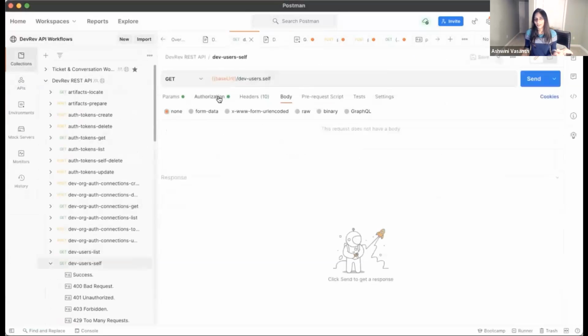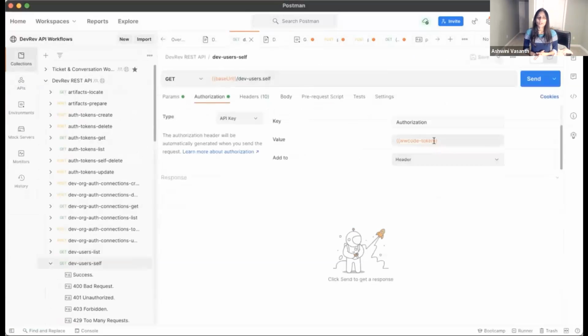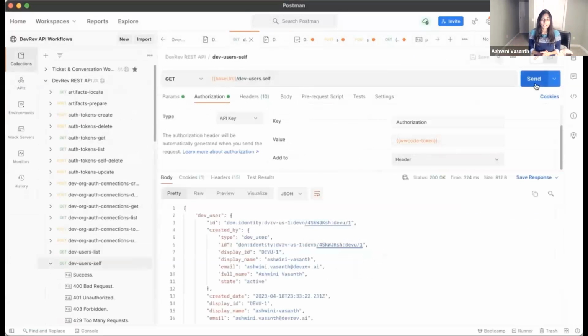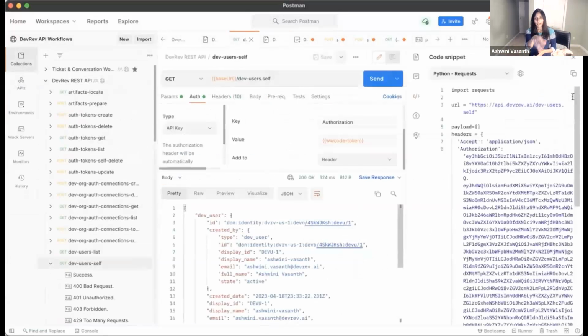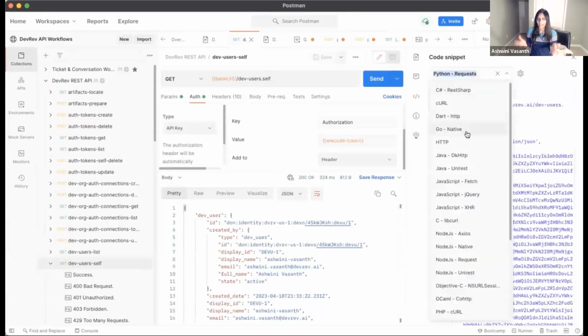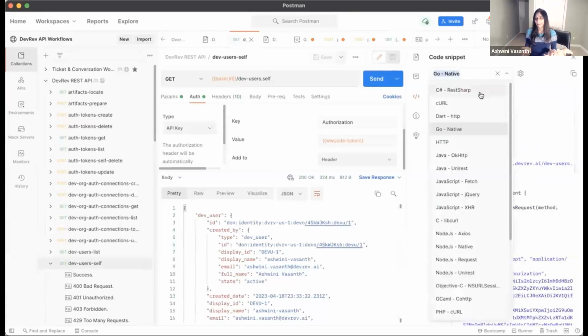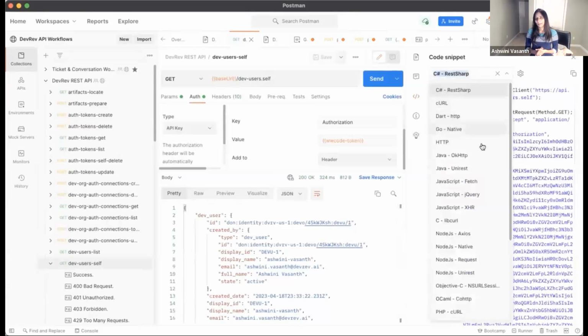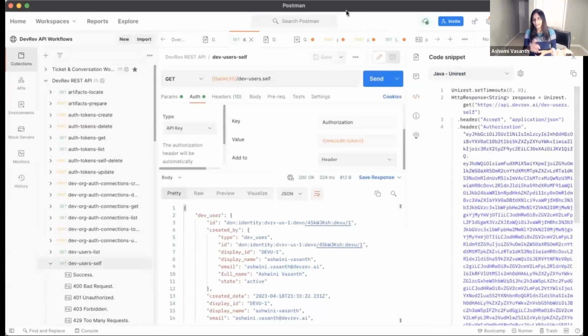So we said we needed a token, right? So the token is set as a global value, so every API can use it. And this token is specific to your use case. Now, we just called an API from Postman. We were able to get the response, right? Given that you have this collection available to you, the public API collection, you should be able to try this out. And on the right-hand side, you can see the corresponding code for this.